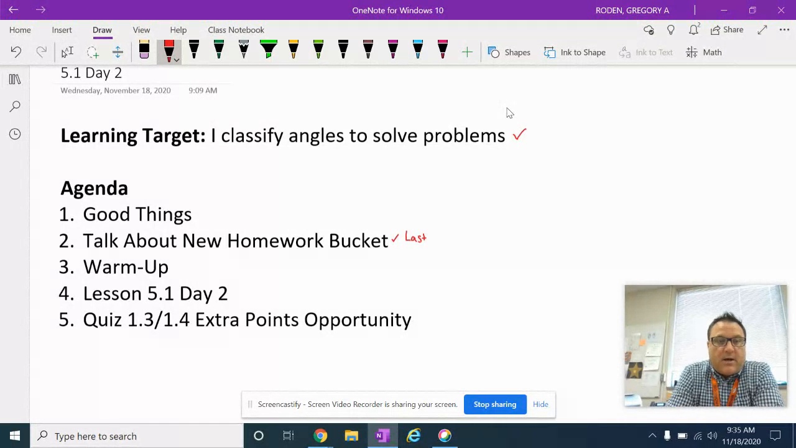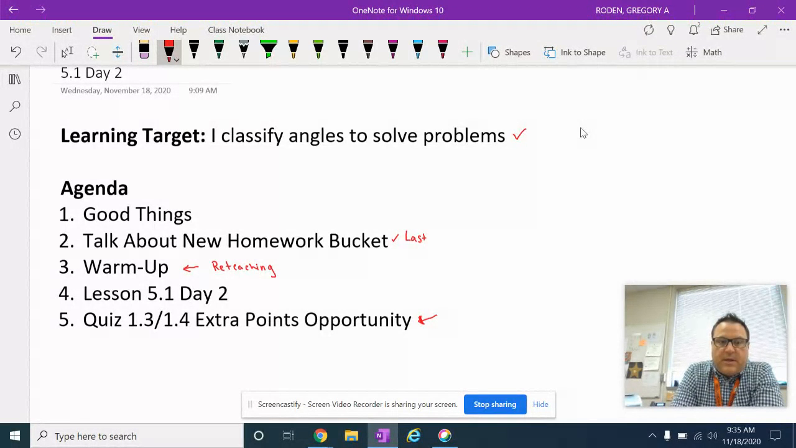All right, so now let's do the warm-up. The purpose of this warm-up is to help practice for this extra points opportunity. What I did was I found lots of problems that were very similar to this extra points opportunity. Consider this almost like a reteaching. This warm-up is almost like a reteaching